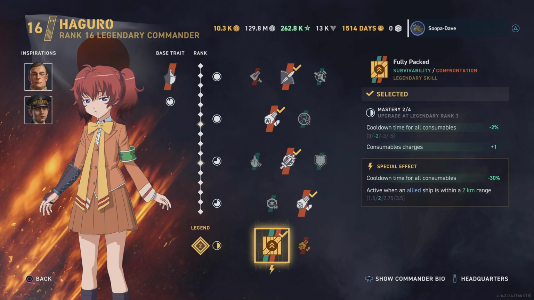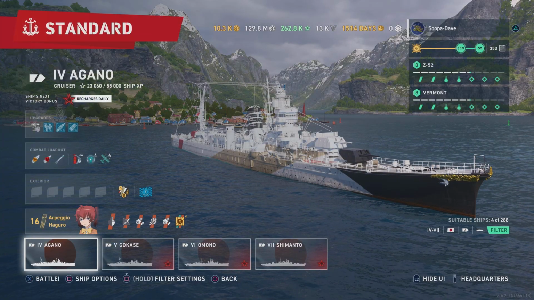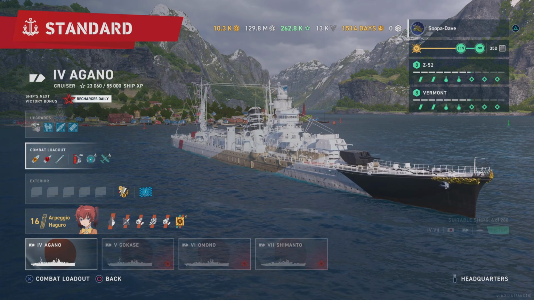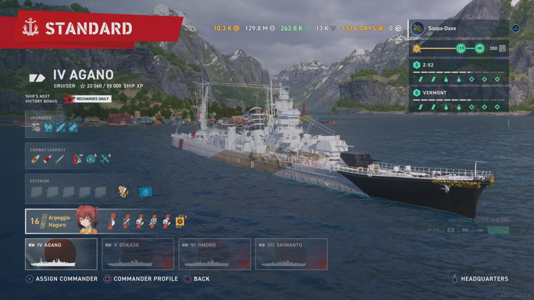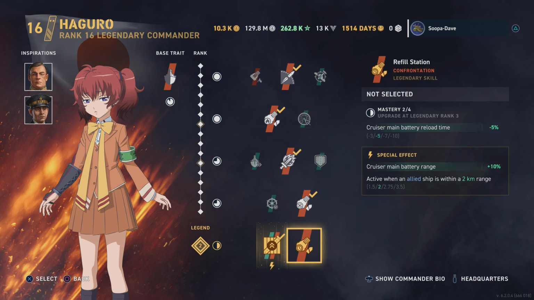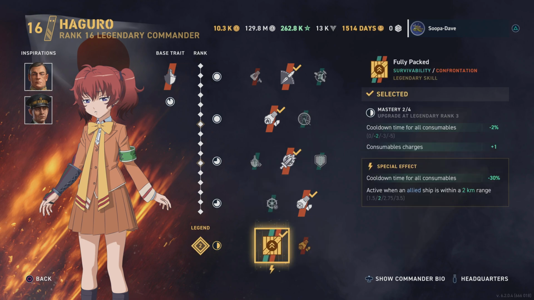I actually like having the extra catapult fighter because it helps me spot. You're going to be behind islands in this, and if you're not in a division, you really do need the spotting. So sometimes it comes in real handy, sometimes it doesn't. But like I said, you could go with refill station as well. It's probably the smartest pick, but for my play style, I don't play in division, so I need a fully packed